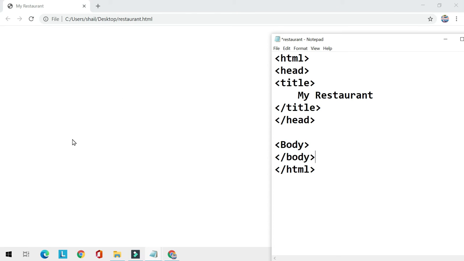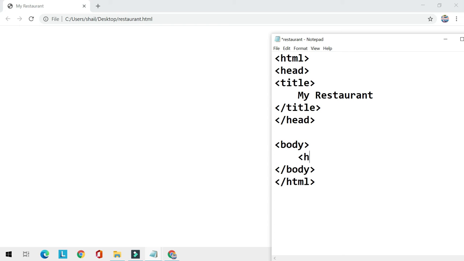Now I want to write some content in this document. So let us write about this. This is not case sensitive, so you can write in both capital letters or small letters. Suppose I want to give a heading now.